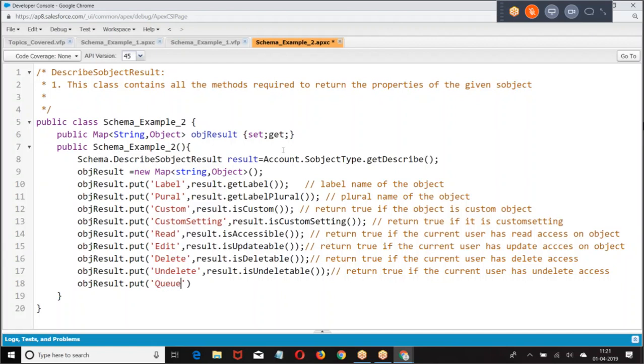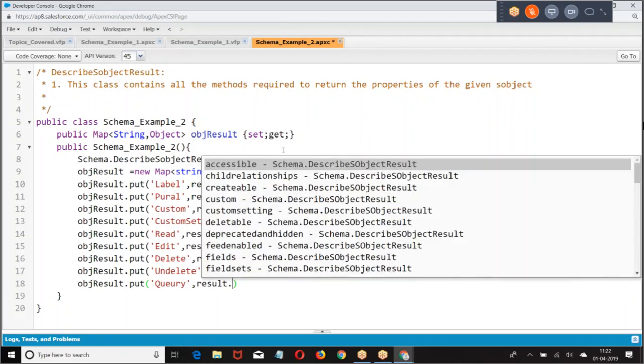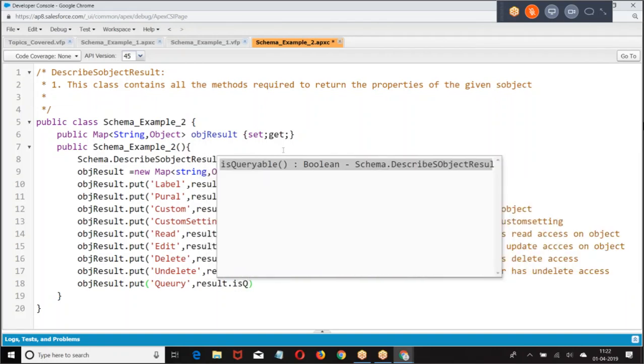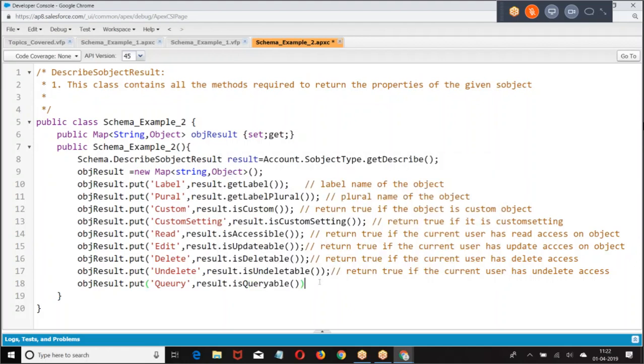Do you have query permission? Is it queryable? result.isQueryable. Then again we have searchable or not.